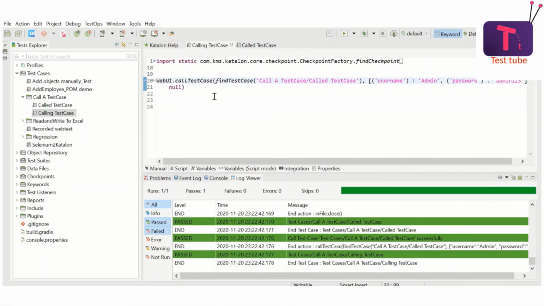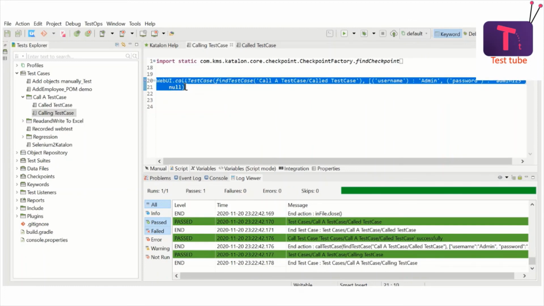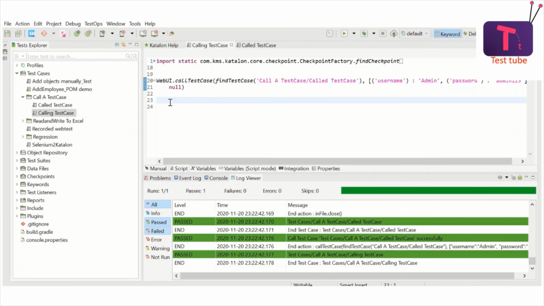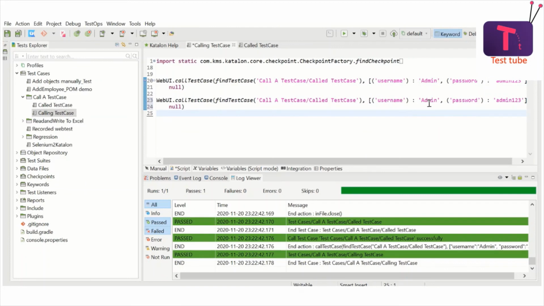So you can do it any number of times. You can call this test case again over here, and this time pass a different set of variables. Like this, you can do it as many times as you want by just passing different variables. This is something similar to data-driven testing.